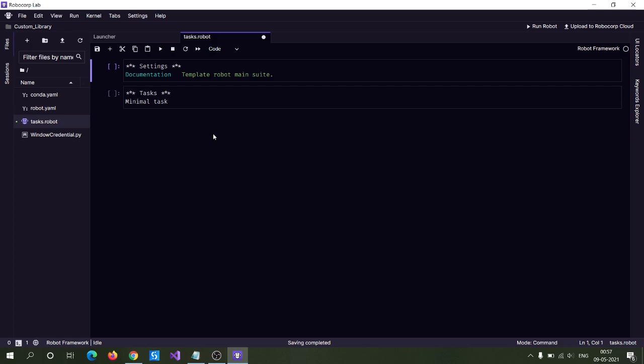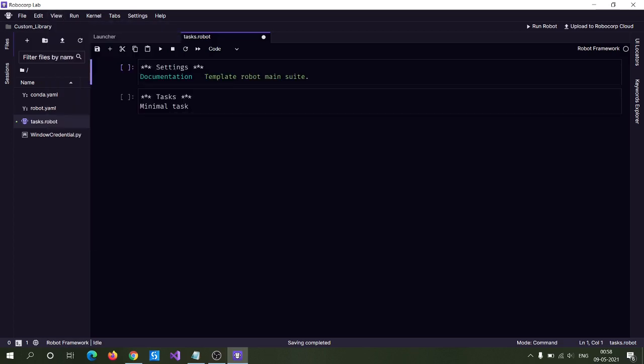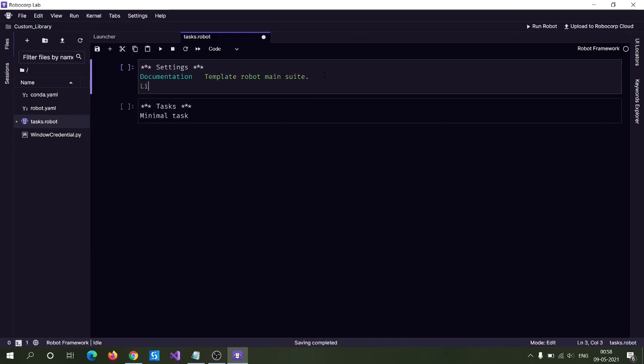So what are these keywords, or what is actually a keyword? A keyword is actually a Python function, where it will take an input and then it will provide an output. We can demonstrate this by an example. Let me just increase the size. So let me first import a library, that is